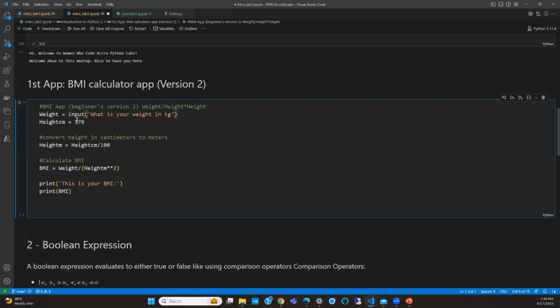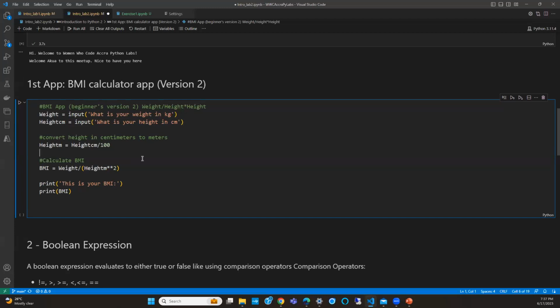And then our next input will be, what is your height in centimeters? So we'll ask the user for this and then go ahead.